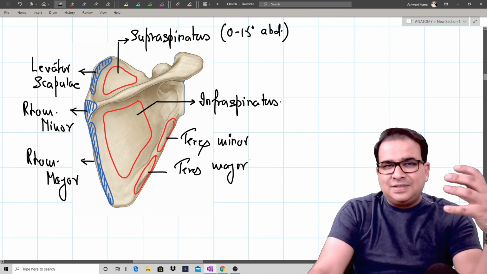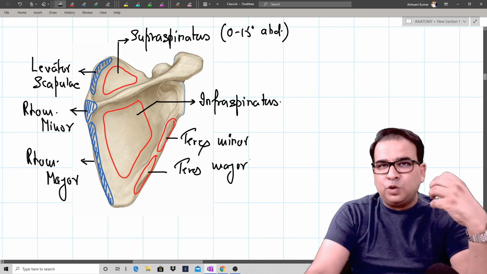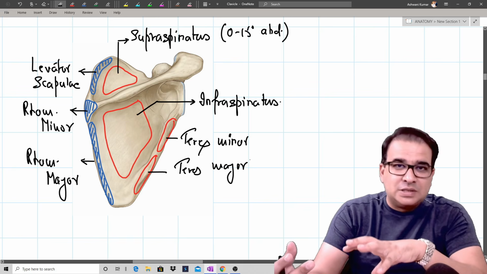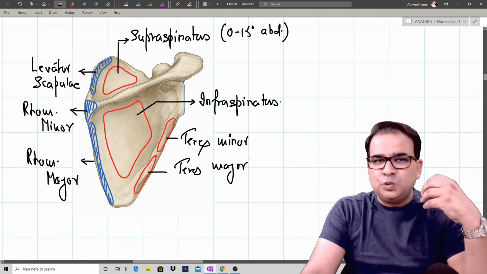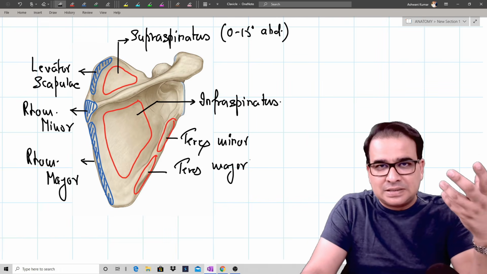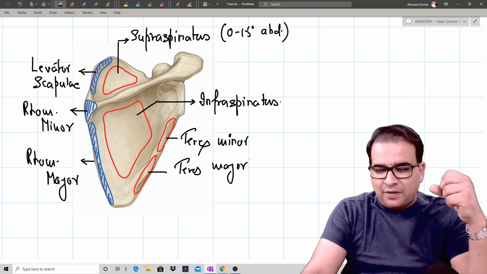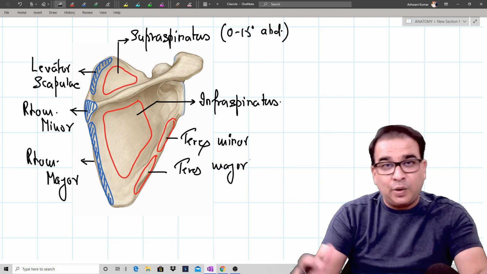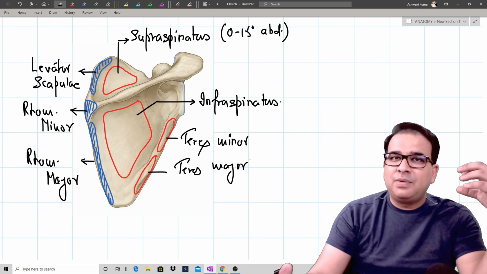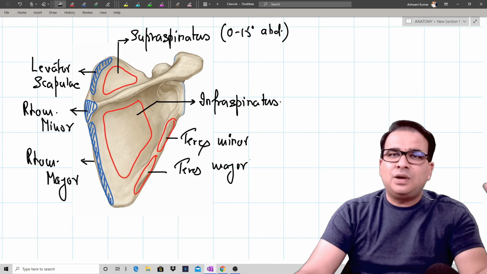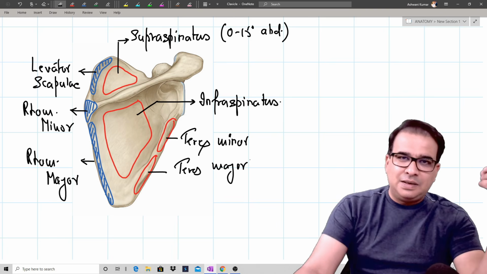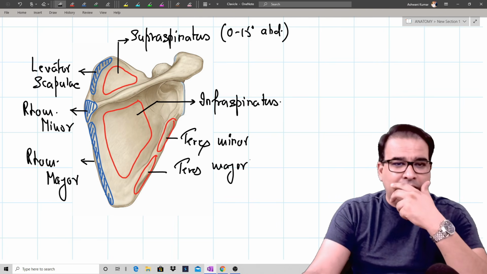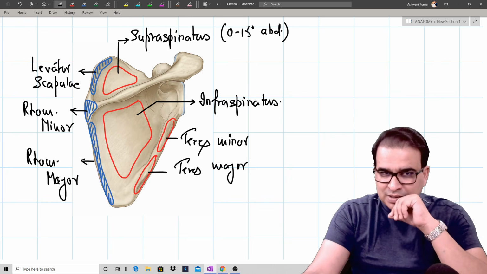If I just leave this discussion with this teres minor and major origin, and I don't discuss the insertion, and I don't show you the picture of those insertions, then it's very difficult for us to imagine what would be the function of these muscles. So I believe the right way to do osteology is always to look at the two bones simultaneously, look at the origin, look at the insertion, trace the muscle fiber in the atlas, and then without even reading, you can easily make out what could be the action of that particular muscle. So teres minor above and teres major below in the lateral border of the scapula.